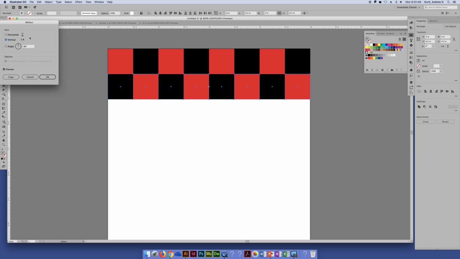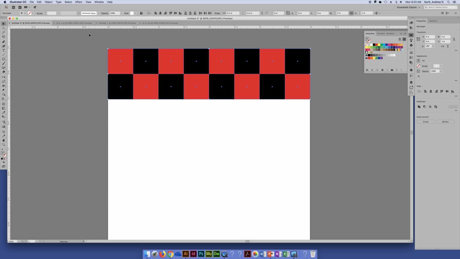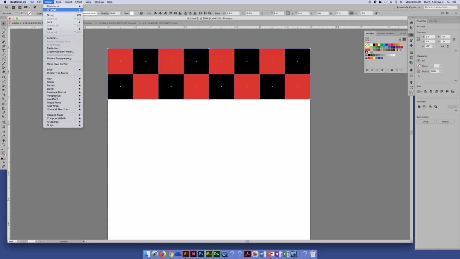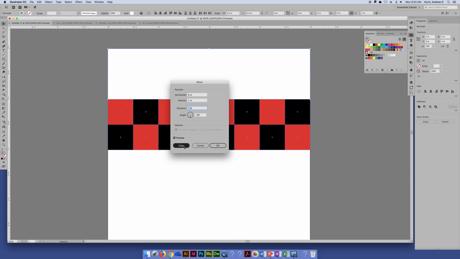But if you had any kind of graphics that you didn't want to be upside down, essentially, you would use the reflect. So I'm just going to do the reflect vertically, hit OK, and then again here, now you can do your select all, and we can do another transform, move, and we're going to move this down 1 inch, and we're going to hit copy,